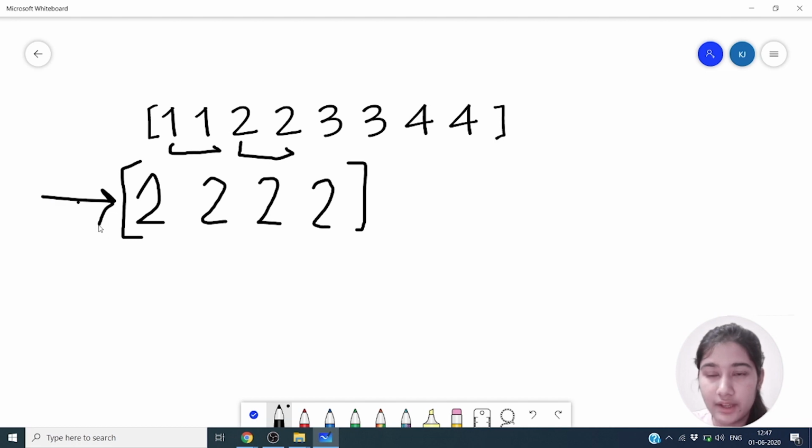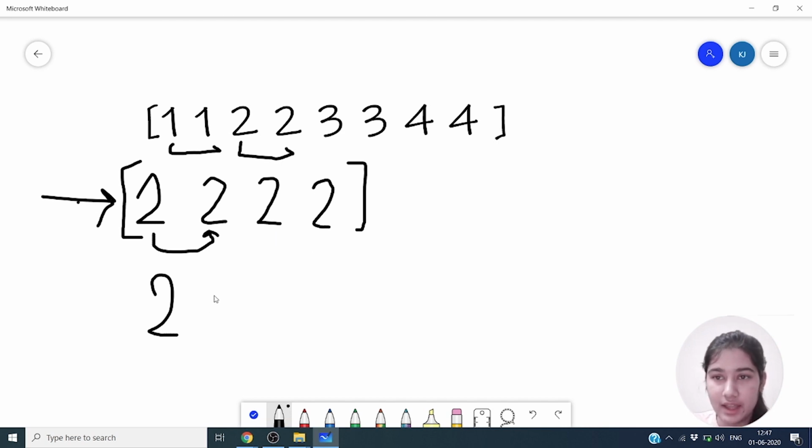to calculate the greatest common divisor across the frequencies. The greatest common divisor of 2, 2 is 2, and of 2, 2 is also 2, and the same with the last two elements as well.